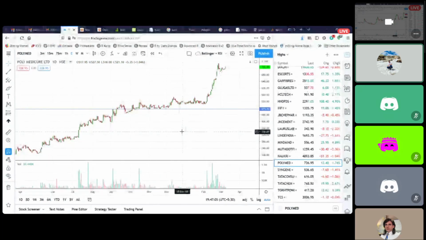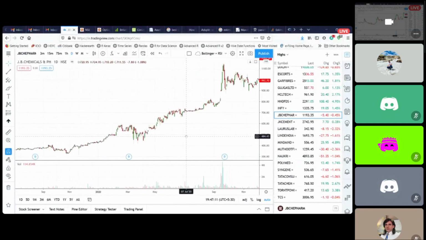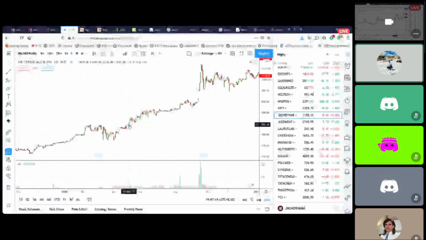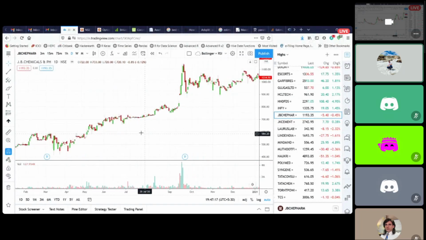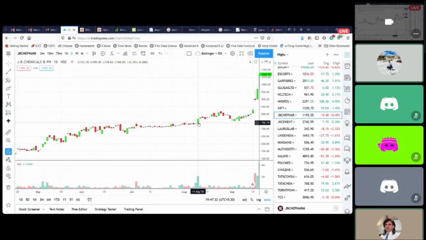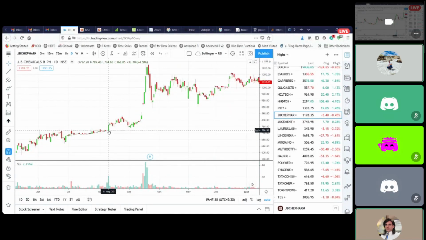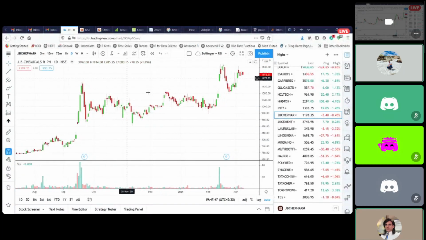Okay, understood. And you will see this happening in many places. See the same thing in JB Chem. Again, same situation, the long-term entry at 600 itself. And then here it was just consolidating, doing almost nothing, from 1st of June till 10th of August. So this was a 2.5 month consolidation, and then it broke out. When this consolidation breaks, it just shoots up. From the breakout at 740, it shot up to 1120 within 3 weeks itself. And now it is continuing.